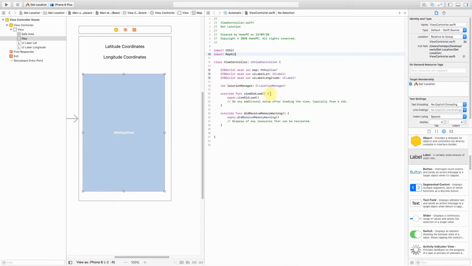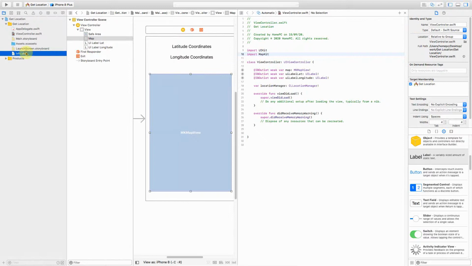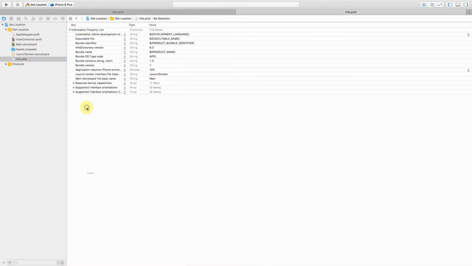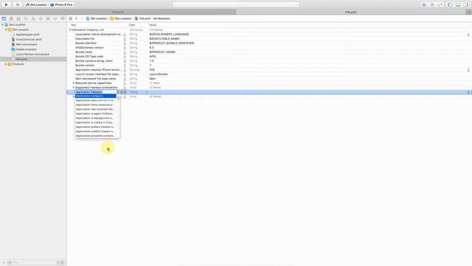Okay, nevertheless, before getting more into it, we should also make certain entries into our Info.plist file. So just open it, and over here just add a row. Some people recommend more, and the more the better, but I'll just keep it short and simple. One is we will require NSLocationWhenInUseUsageDescription. Okay, and